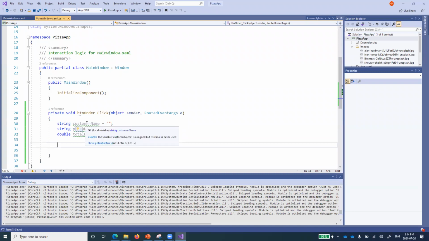So see here what we are doing. customerName, which is empty, will come from that text box. pizzaName, I've just given a default pizza name. By default, this will be the name of the pizza, tandoori pizza, and the price of that tandoori pizza over here. Now the real fun part starts. I want to create a new class of pizza that will be capable of handling all the orders. Now, please remember and keep that in mind. Our object-oriented concepts will start from this point.